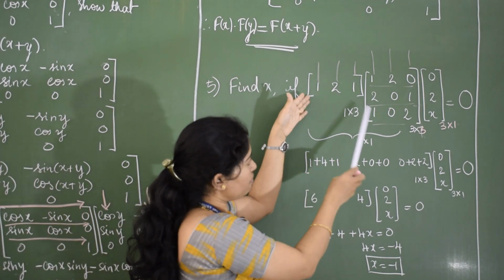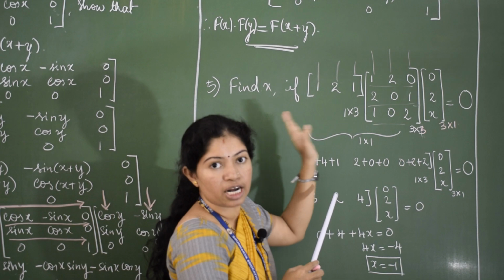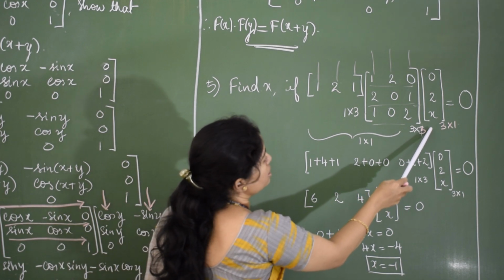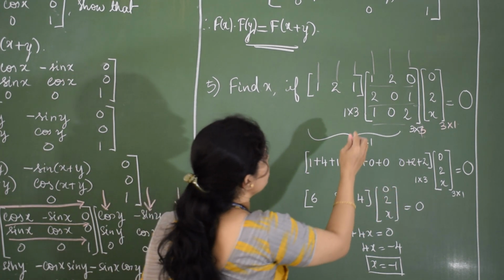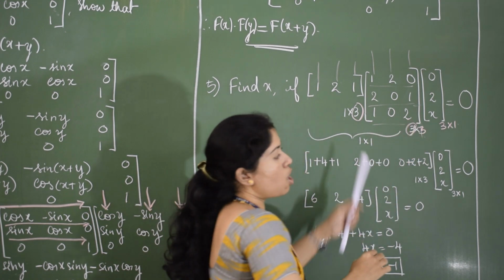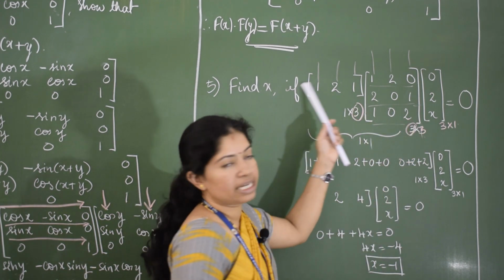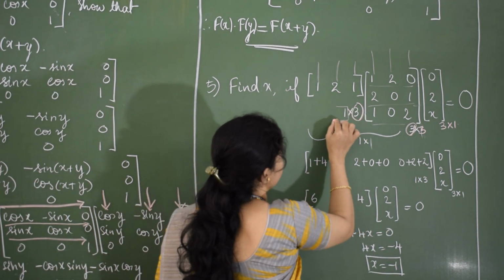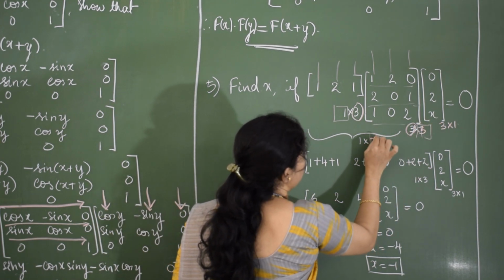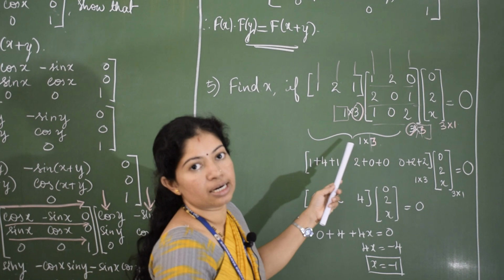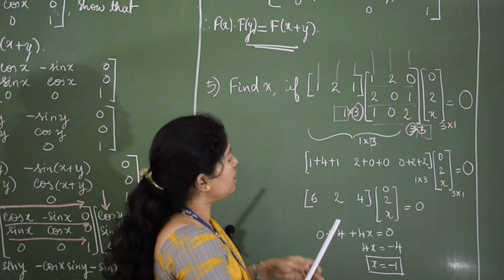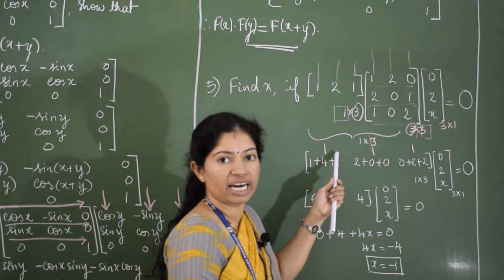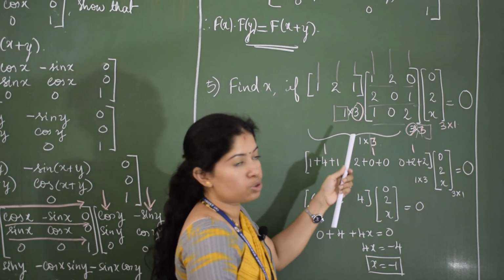So first let us simplify these two matrices. Whether this product is possible, you have to check. Order we have written here 1 cross 3. Here order is 3 cross 3. So this 3 and here also 3, the same, means the product is possible. What is the order of the resultant product? It is given by the two extreme numbers. It is 1 cross 3. So the order of the resultant product is 1 cross 3, means it will be having 1 row and 3 columns. So we have to find that product now. How to find? Use row by column.